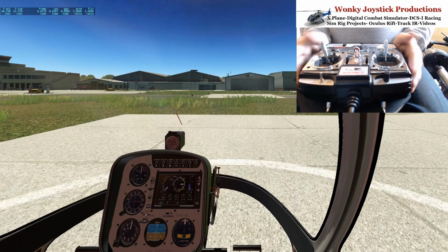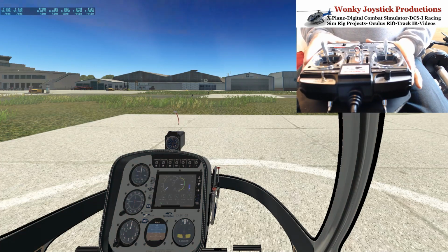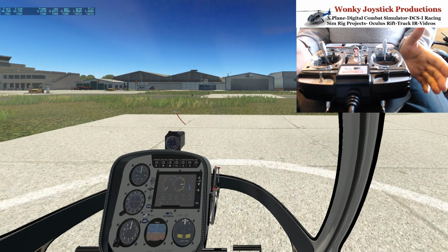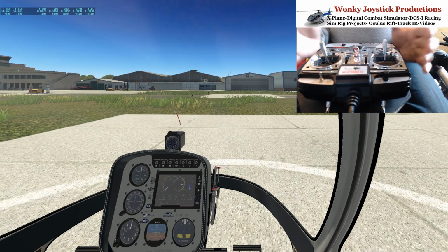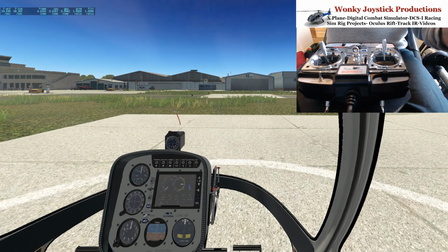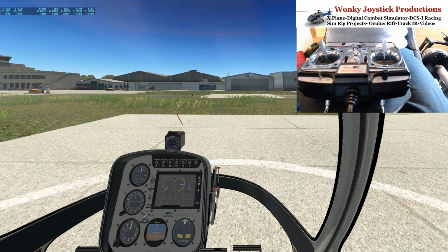Right, so we've got this cheap 30 odd pound helicopter simulator, which works brilliantly on its own in the PC if you want to learn to do it. You can plug it in, and X-Plane recognises it as a controller. So let me just turn the sound down a bit. So I'm going to jump over back into X-Plane,